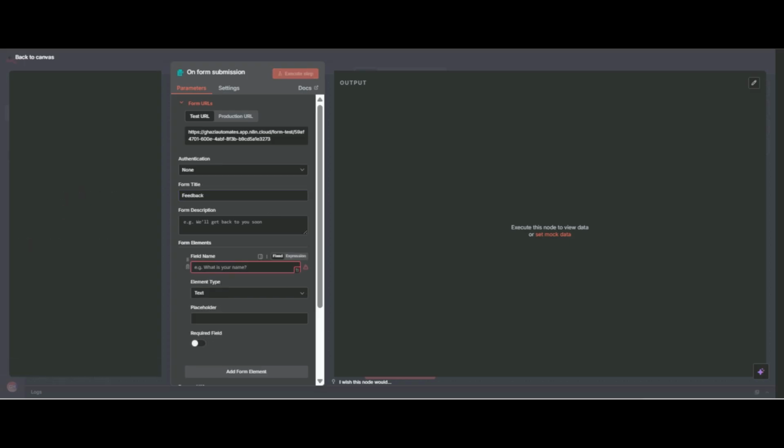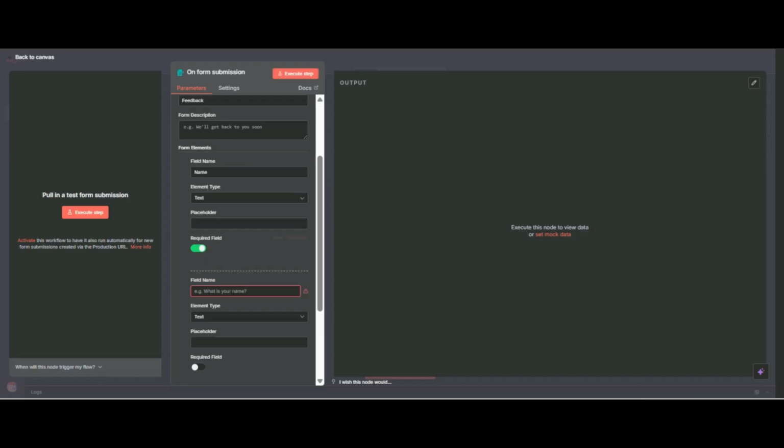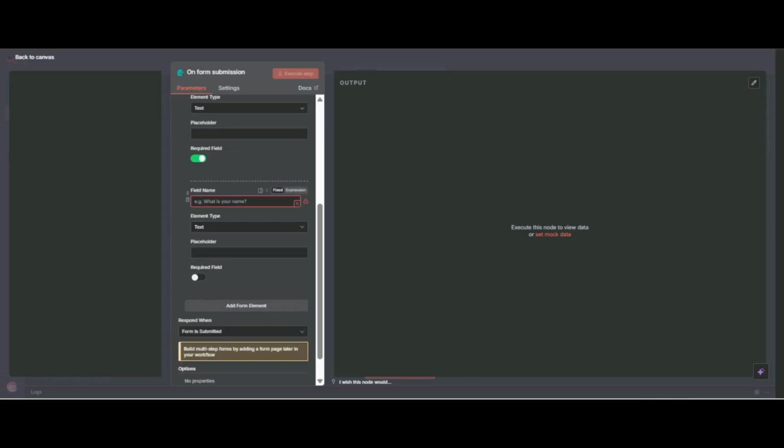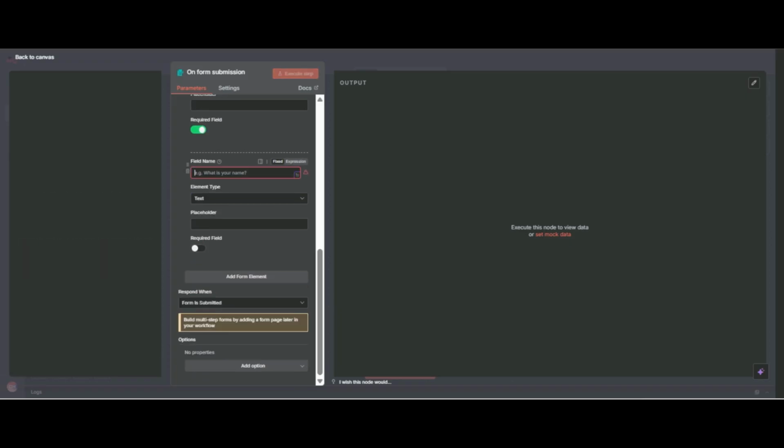and I will add elements. The first will be name, and it will be required for email sending or our data field. The second will be email, it is also required for sending the email. And third will be feedback, it is also required.